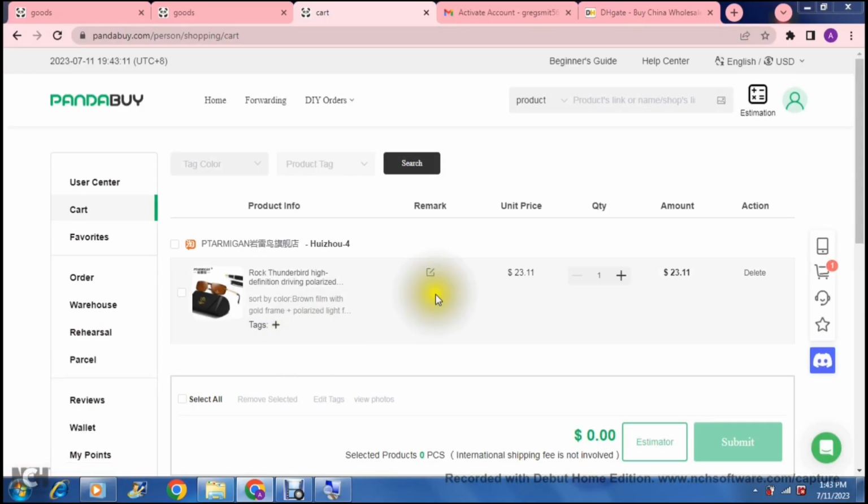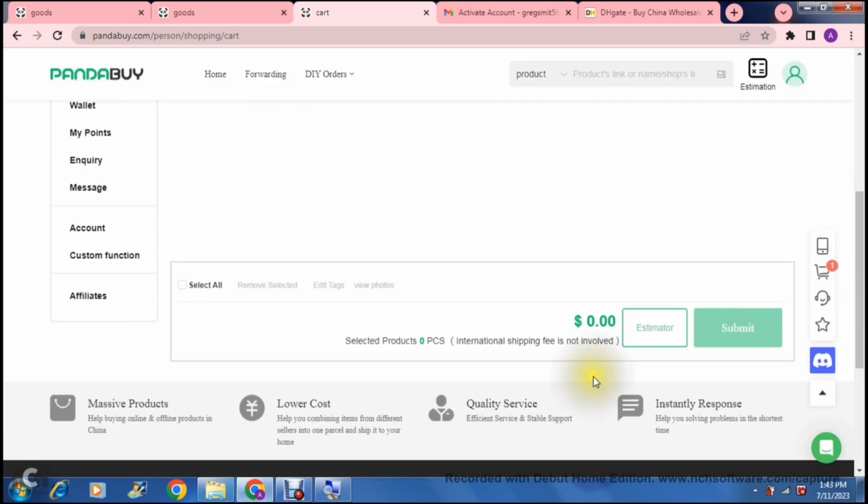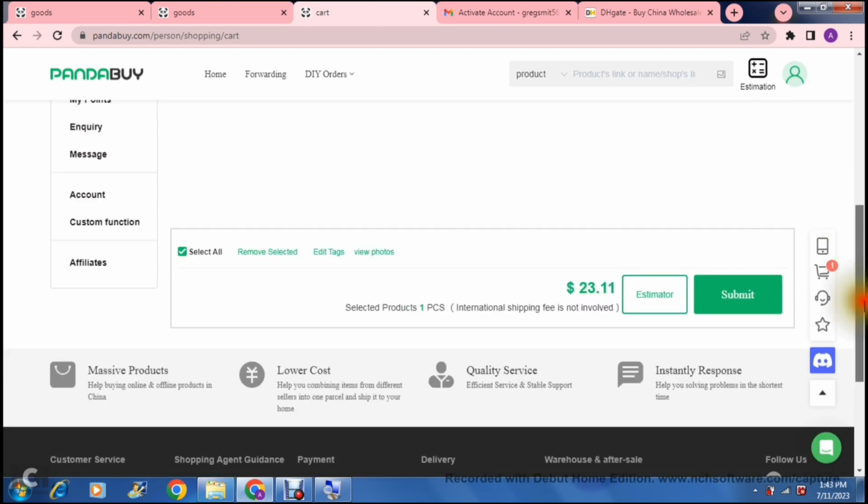And this is where you basically manage everything that's coming into your warehouse. So you've got your product right over here. You're ready to make your purchase. You've got your unit price, the amount that you're ordering, and then you can now go down to the bottom of the page and you will see that it says select product. You can just select the product or products that you would like to make the purchase of,